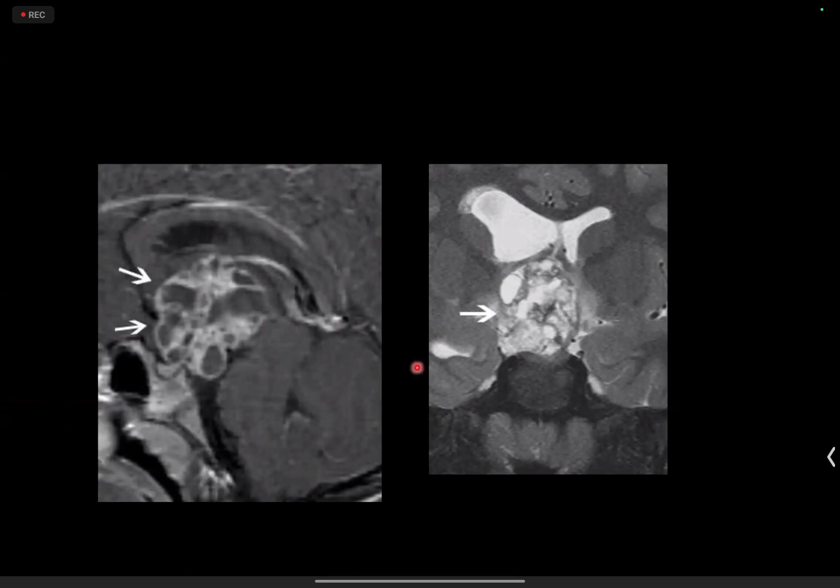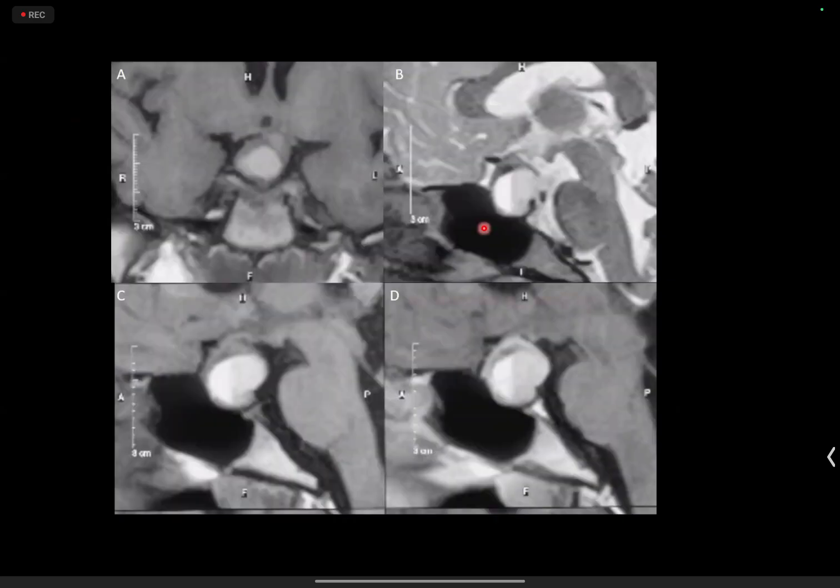In a child, I would suspect an adamantinomatous type. There is also a focal tissue hypointensity, which could be calcification. Yes, ma'am. So I would suspect adamantinomatous type of craniopharyngioma in a child. Also, there is dilatation of the third and the right lateral ventricle. So this is an adamantinomatous craniopharyngioma. Okay, coming to the next case. So we saw two craniopharyngiomas.